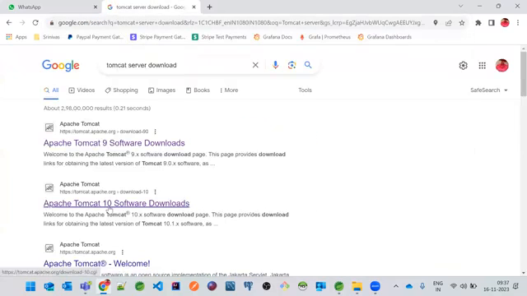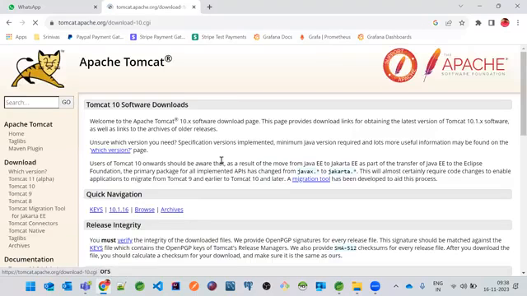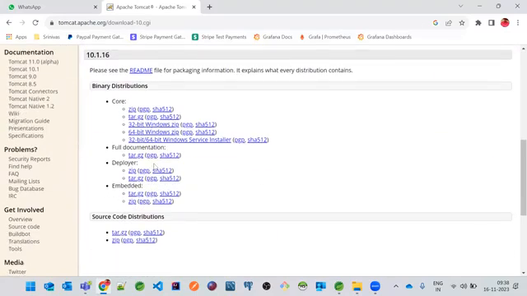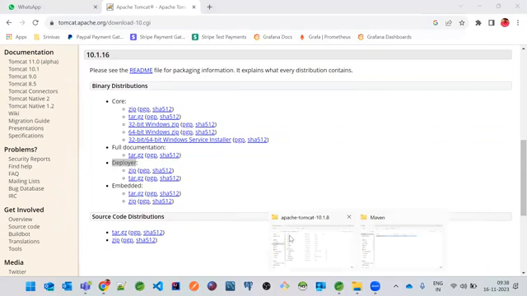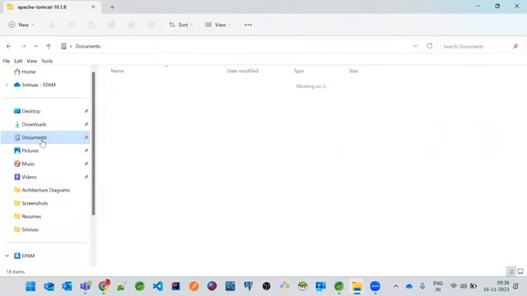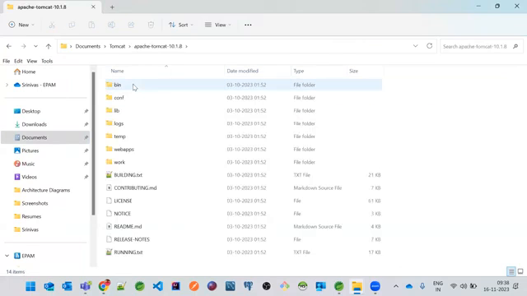The recent version is Apache Tomcat 10. Okay, so just go to this. There is something called a deployer. And you have to download this zip. Once this zip is downloaded, you will see something like I have it. So here, if you can just see, I have this Tomcat with this version 10.1.8.